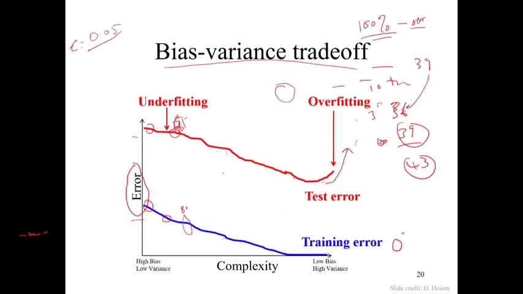Should I stop at this point? Or should I stop at this point? Just before, or I can manage to get to this level just before it goes up. We can see that as we try to bring bias down, variance is increasing, but it's increasing to some level that's acceptable.